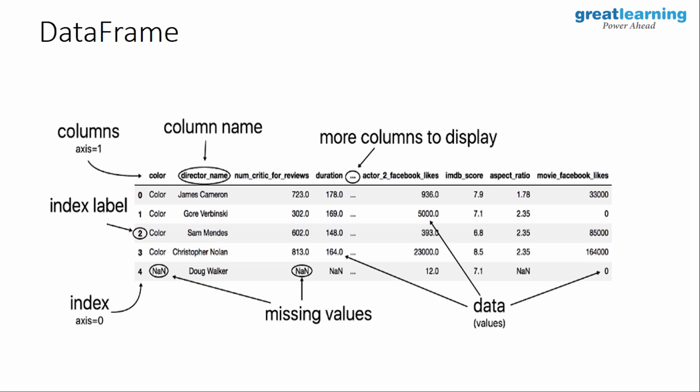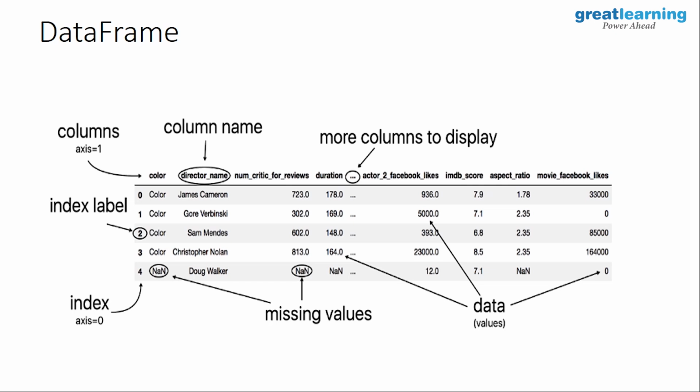Similarly, can I have a name for the rows also? If I have a row name, what is the advantage? Simple: you know exactly what you are doing with it. Otherwise, the operation is the same. So that's what our data frame is all about. This is the nomenclature that we will use consistently, so that you will understand it.